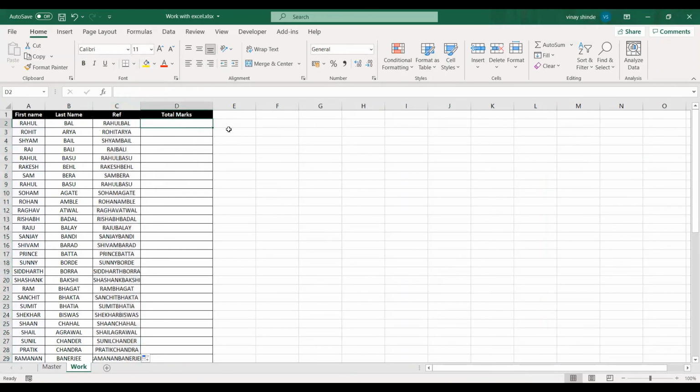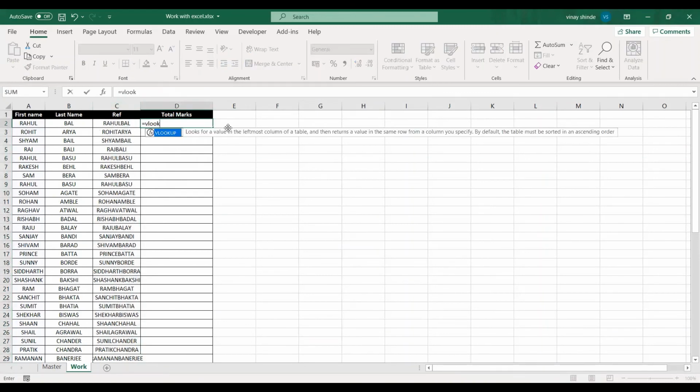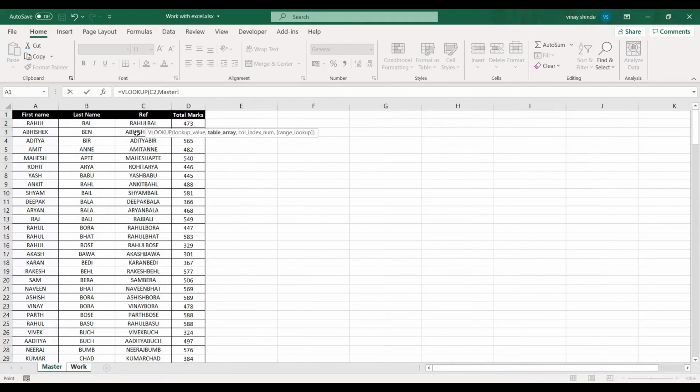Now I'll go here again and type my formula: equal to VLOOKUP. This time, instead of using the first name as lookup value, I'll use this ref column that I have inserted. So I'll select this, comma, and go on the master sheet.